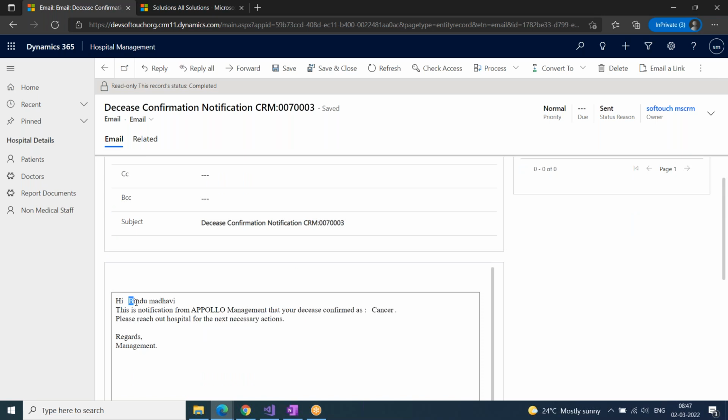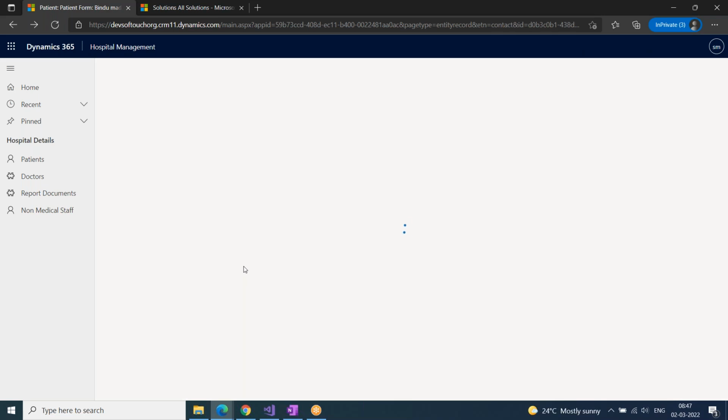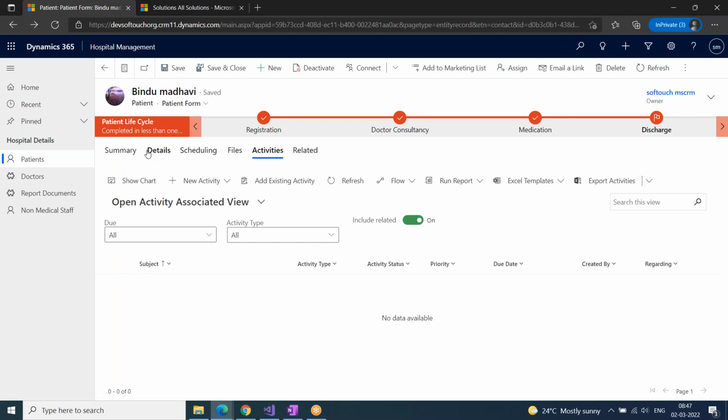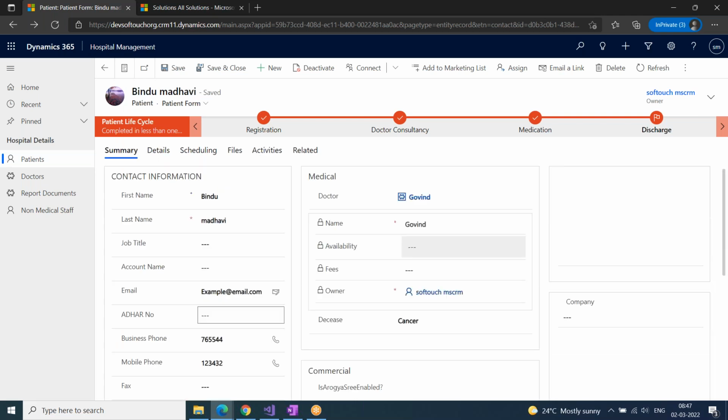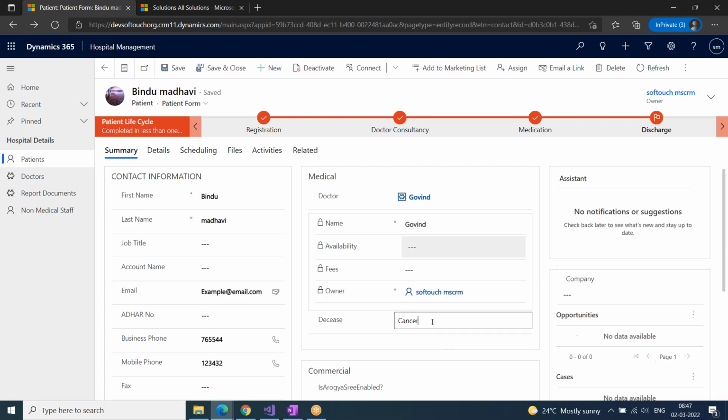Hi, so and so person, and this is a notification from Apollo management that your disease is confirmed as cancer. This is also dynamic content. And please reach out to the hospital. This is what we have done as the email configuration setup. That is one email sending functionality. If I put it as corona,